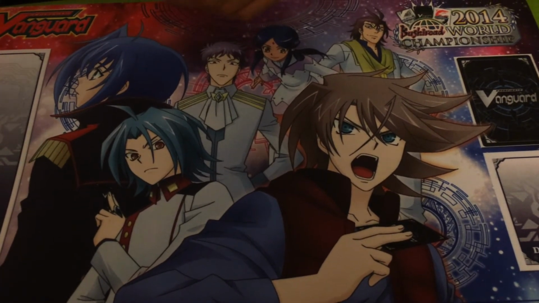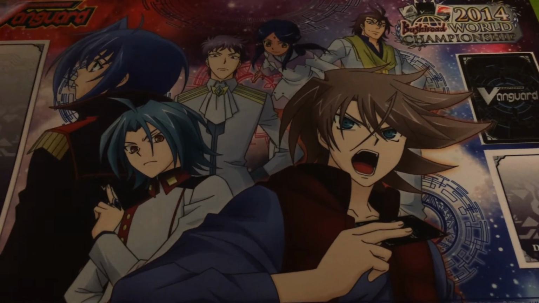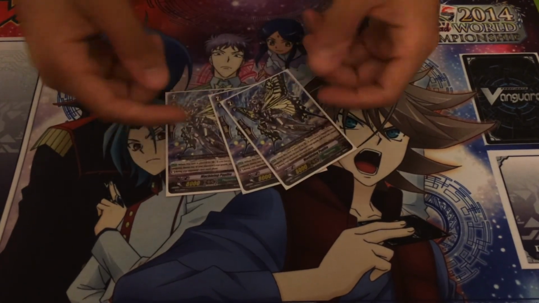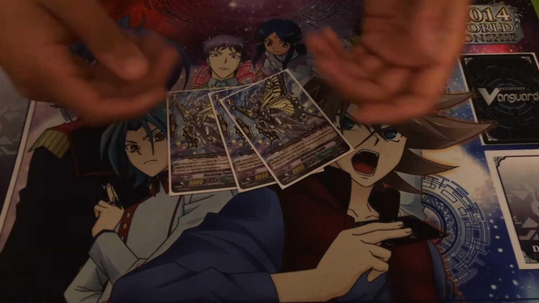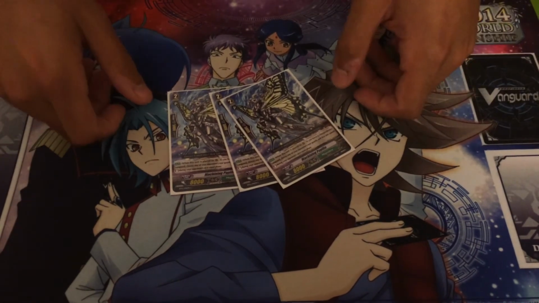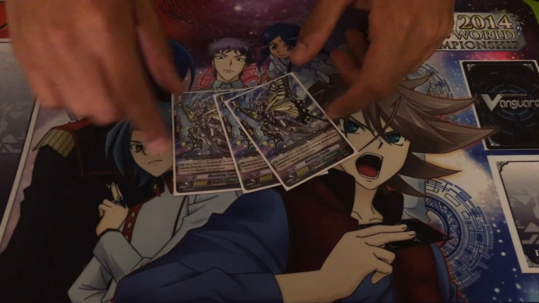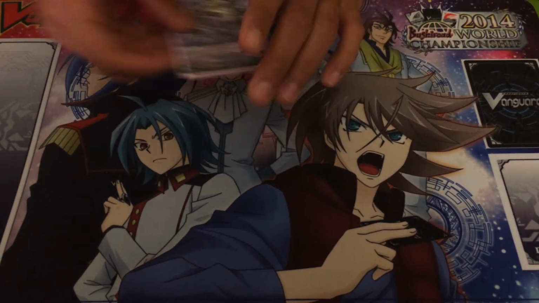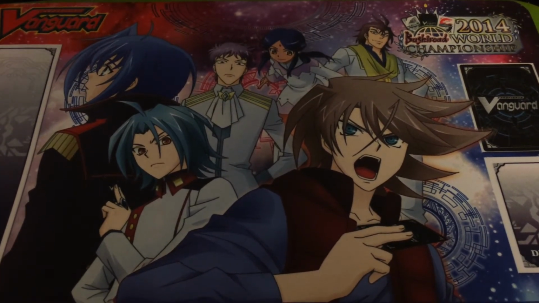For the grade 2s, I run 3 Machining Papio. I really like this card because it's a free stun. You place him on the rear guard, stun a rear guard. Pretty simple. He's an 8k attacker. Not too bad. I like him a lot. I'm toying with running one more of him instead of this guy, which I run 4 of, and that's Machining